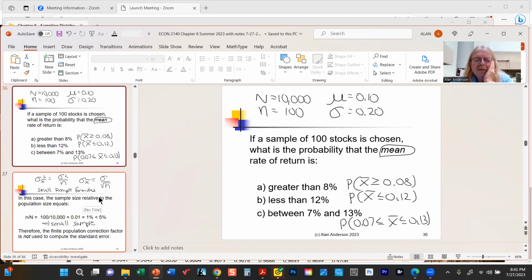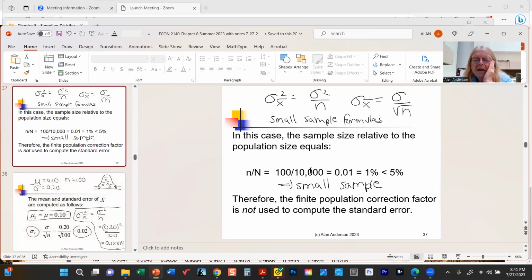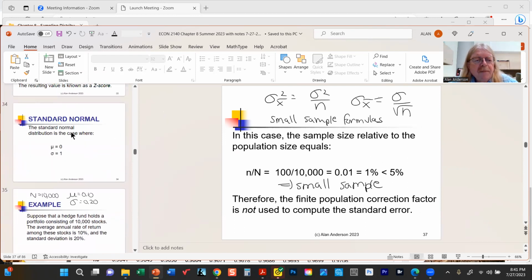Now, the first thing we always have to do is determine if we have a large or small sample. The cutoff is 5%. But if you took the ratio of lowercase n to uppercase N, that's 1%. The sample is only 1% of the population, which means we have a small sample. And that means that we can come back here